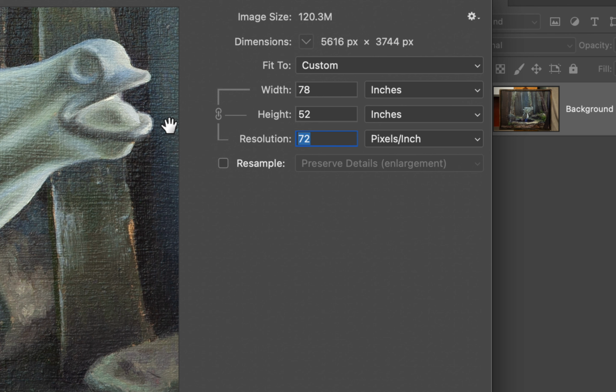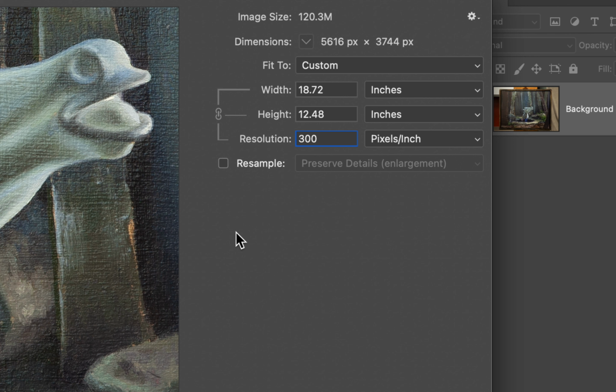Because let's say you scan at 300, 8 by 10, and you send it to Fine Art America, and they want to make canvas prints out of it. It's going to be much better than if you shot it 4 times as big, and then you asked it to come down to 300 DPI, and it's just making up that information. So